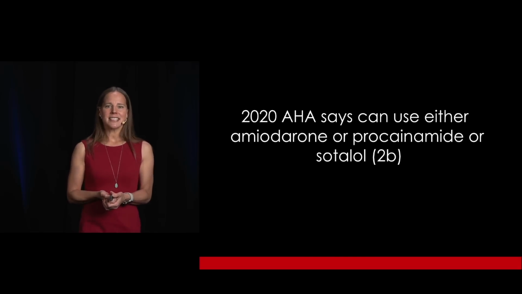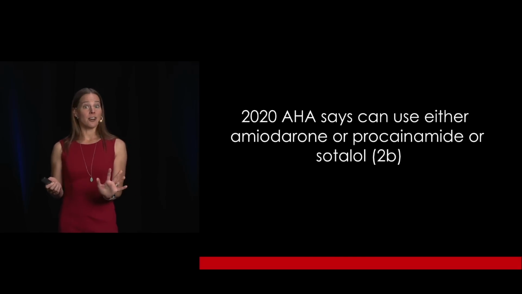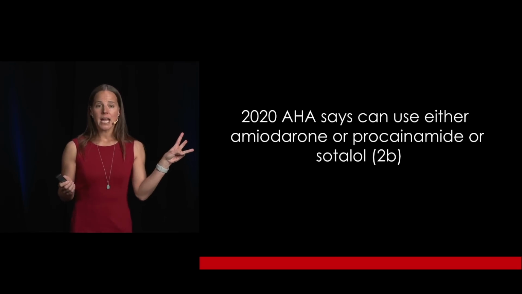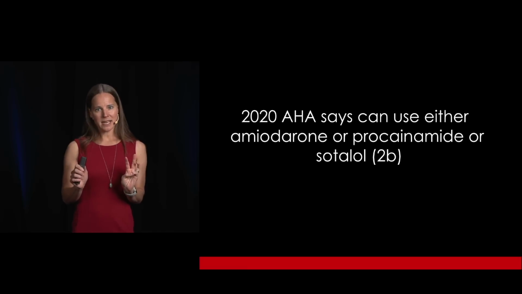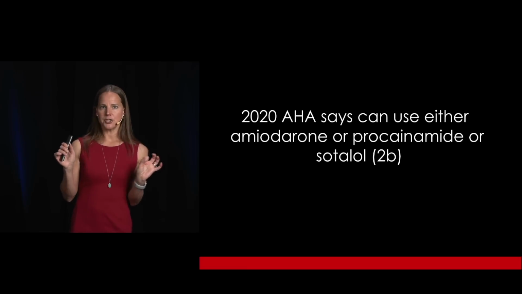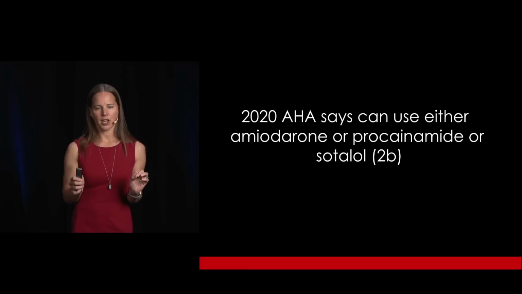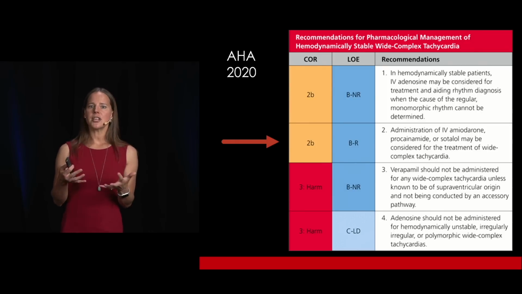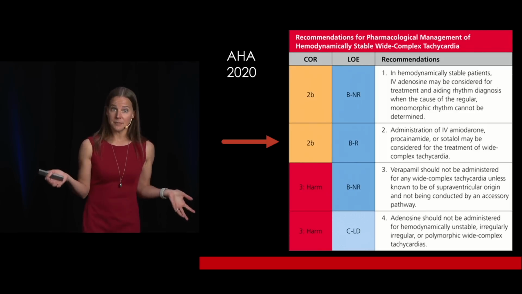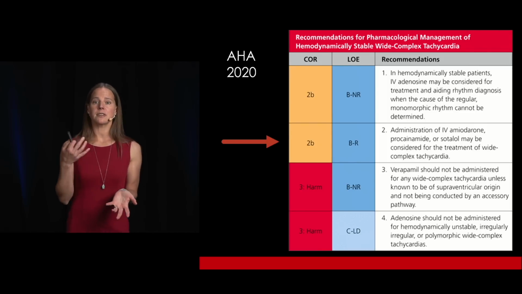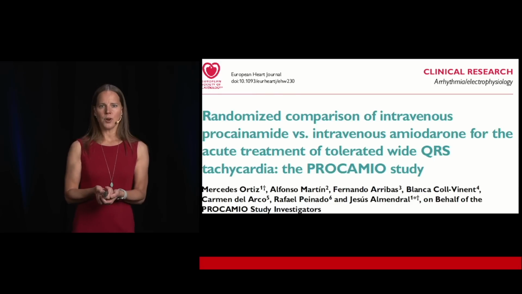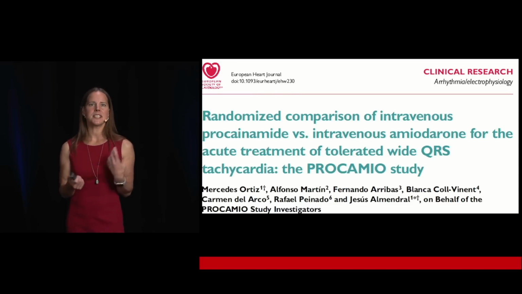So the AHA says that you can use either amiodarone or procainamide or sotalol. And they, in the 2020 update, gave all of these medications a 2B recommendation. Okay? This is the recommendation here, 2020. The AHA says that you can use any one of these meds for your wide complex stable tachycardia. But I have a little bit of an issue with this just because of some recent studies,